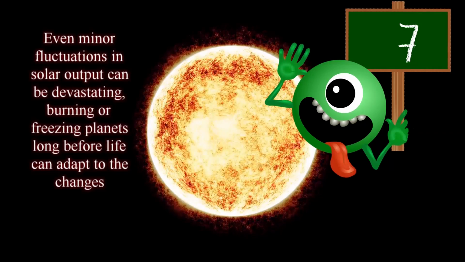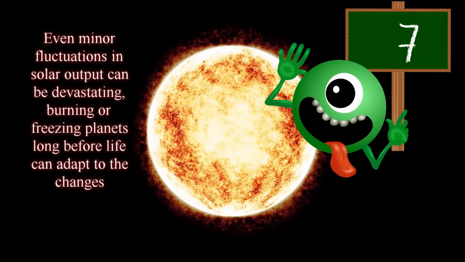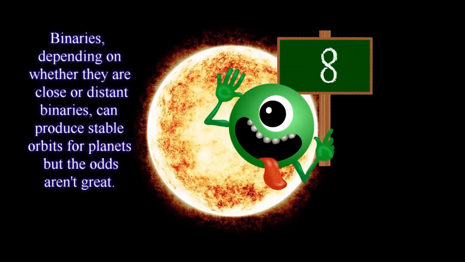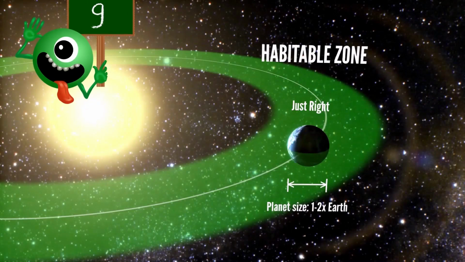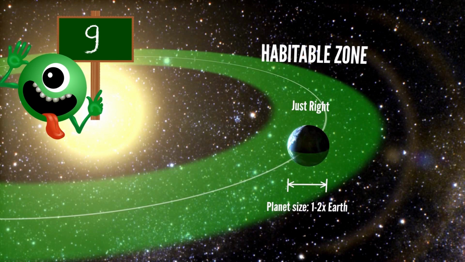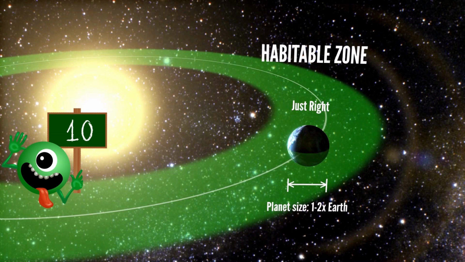7. Suns fluctuate too much. A big one. Our sun is freakishly stable in its power output compared to most stars. 8. Solo sun. Life around binary stars is plausible, but it does have problems. 9. Habitable zone. Loosely defined as where it's not too hot and not too cold for liquid water, unsurprisingly known as the Goldilocks zone. Needless to say, most planets are not in it. 10. Stable habitable zone. As I mentioned, stars get hotter with time, and the habitable zone moves. A planet needs to be in it the whole time.